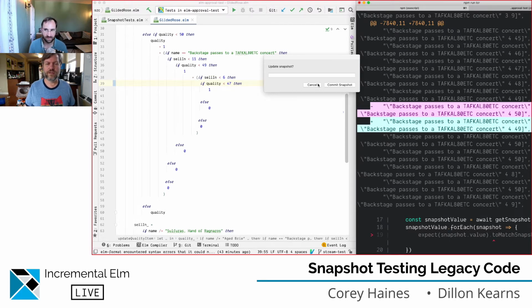Well, I mean, with snapshot testing, if you want to change the behavior, you have to have a way to change the snapshot. So the way I have it set up is it gives you the option to commit the snapshot change if that's what you intended. You could approach it different ways. You could have it so that the